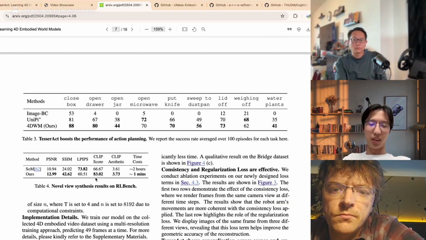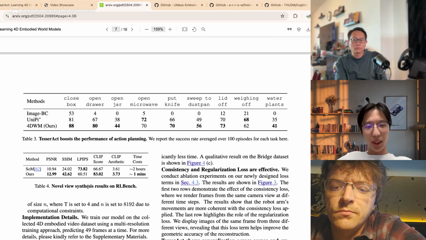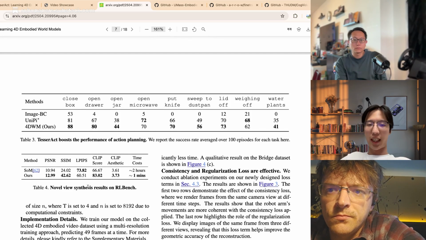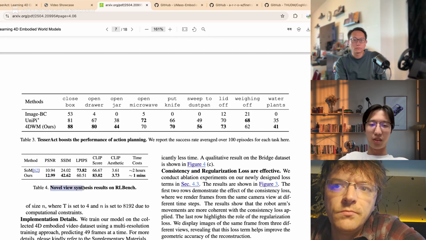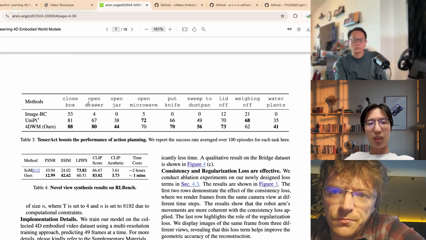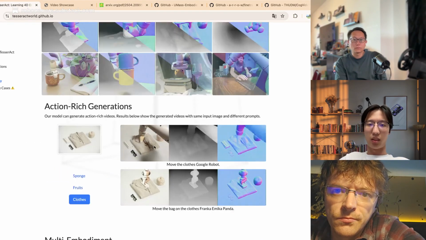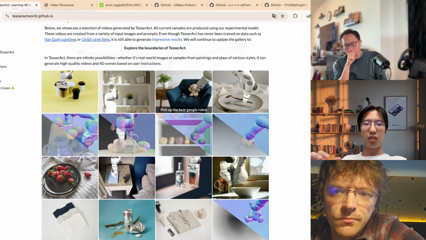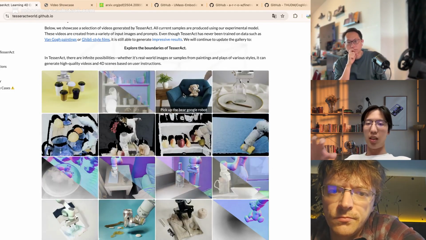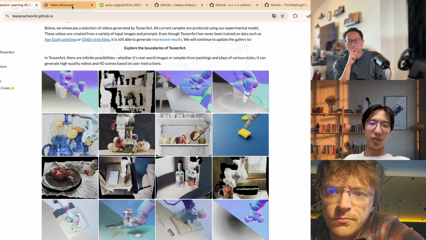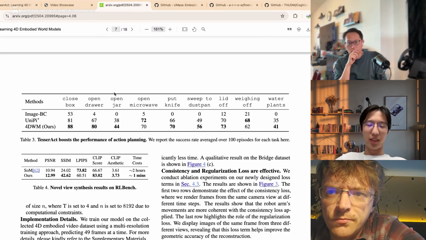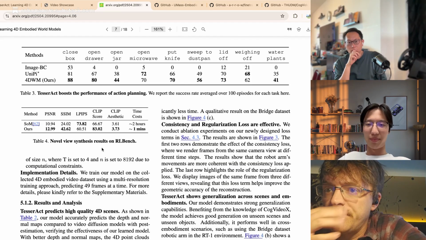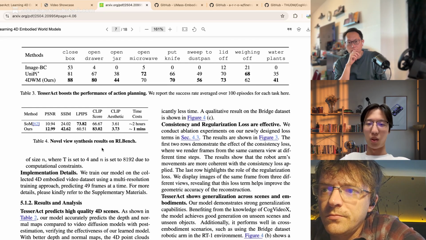We also evaluate novel view synthesis, which is one of the applications for TesserAct. If we can generate a 3D point cloud, then we can render another image from another camera view. So we evaluate the novel view synthesis results here, and this is how we evaluate the world models.